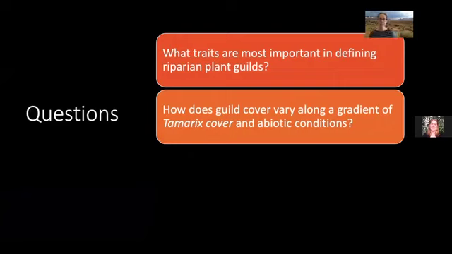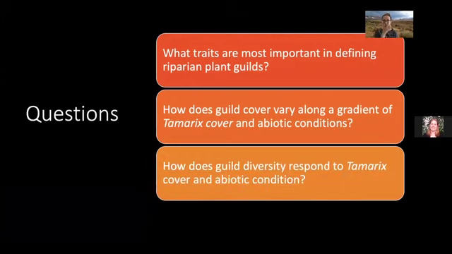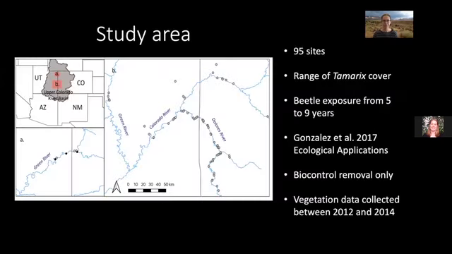Secondly, how does guild cover vary along a gradient of tamarix cover and abiotic condition? And lastly, how does guild diversity respond to tamarix cover and abiotic condition? So we selected 95 sites ranging from low tamarix cover, more native-dominated plant communities, to plant communities with overstories made